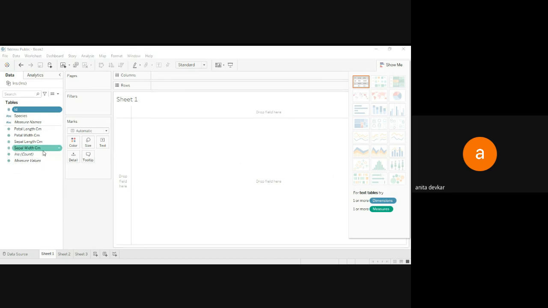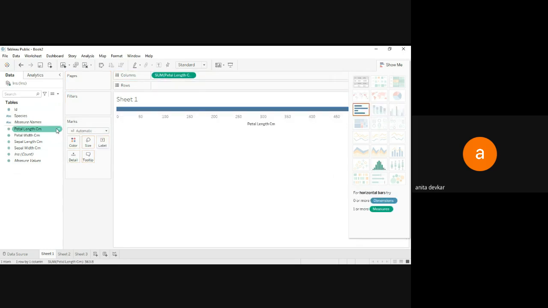So just for understanding, let me create one simple visualization. Here I'm just dragging petal length into the column section and petal width onto the row section.